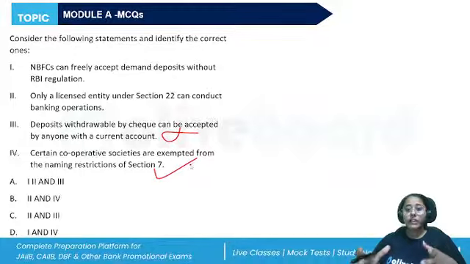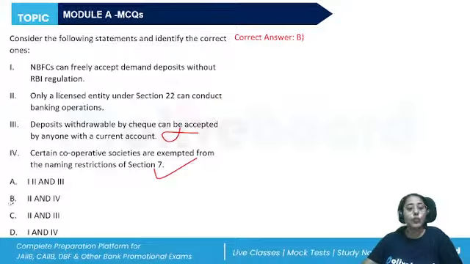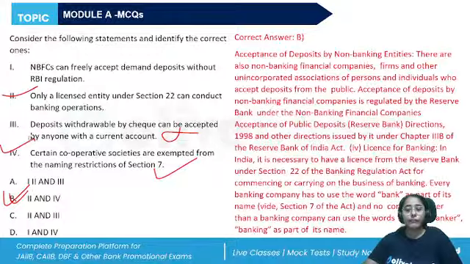All right. What are these cooperative societies? We also have subsidiaries of banks, associations of banks. We also have the primary credit societies, which is a cooperative society formed for the purpose of protection of the mutual interest of the cooperative banks. They are exempted from this restriction of using the term bank, banker, or banking in their name. So the correct answer will become B, 2 and 4. We were asked the correct statements. So 2 and 4.